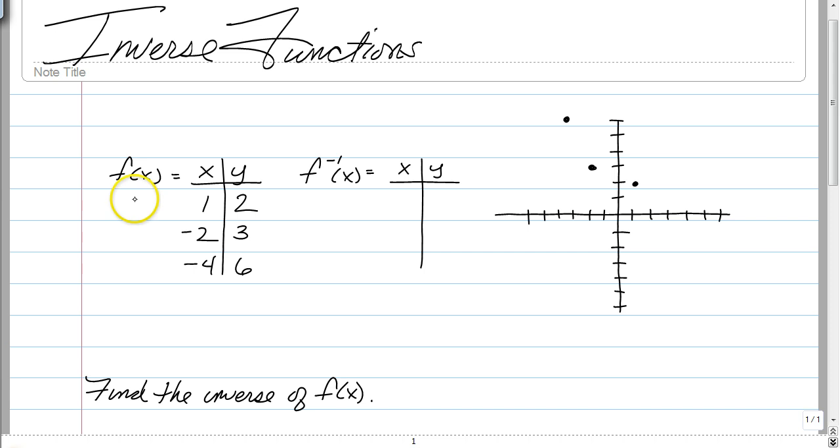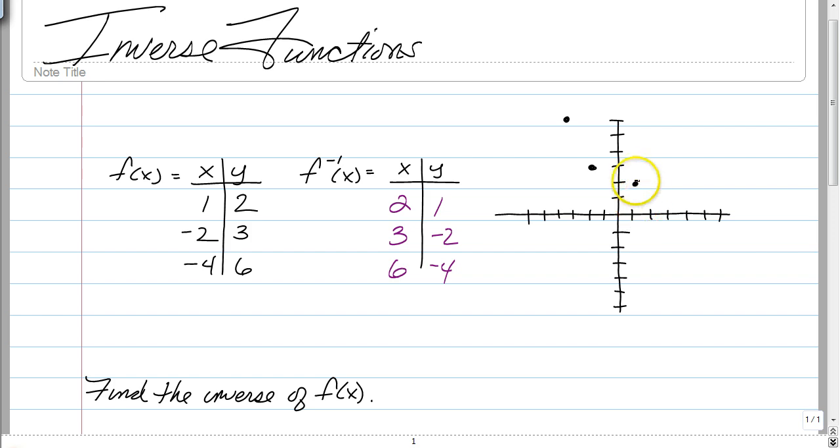So, if I give you a function f of x where we have these values, (1, 2), (-2, 3), and (-4, 6), to find its inverse, all you have to do is switch x and y. So, f -1 of x, which stands for the inverse of f of x, would be (2, 1), (3, -2), and (6, -4). So from here, all you have to do is graph them, and you can see what it